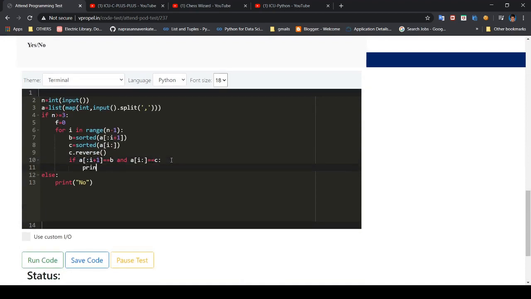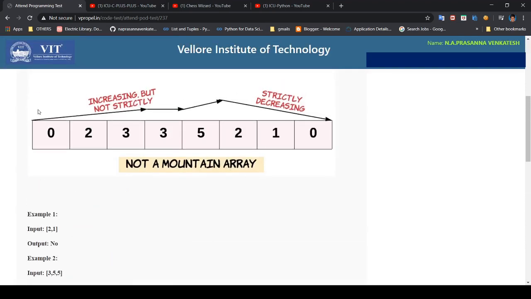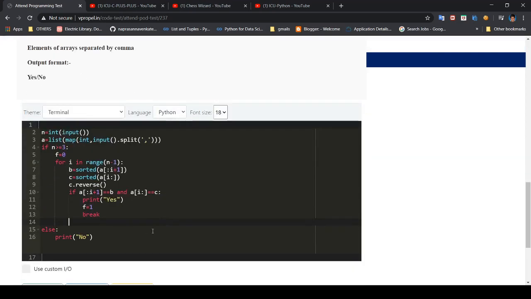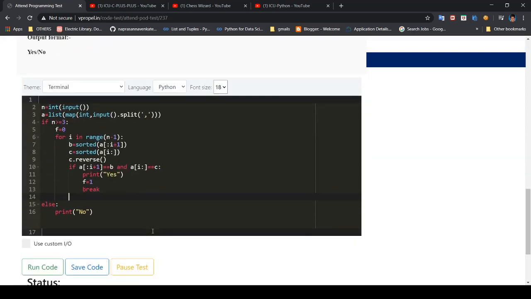We should print yes if it finds an array like this, and we change the flag to 1 and just break. So effectively we take an index between 1 and n minus 1, and check if it is strictly increasing in the before part and strictly decreasing in the later part.